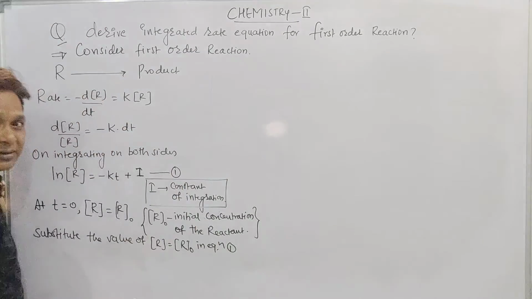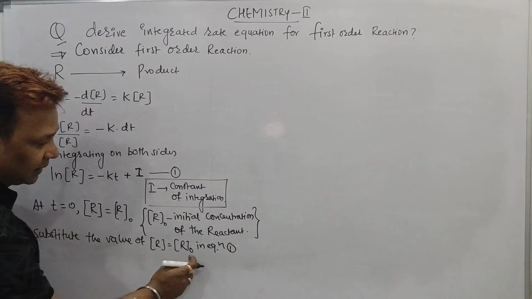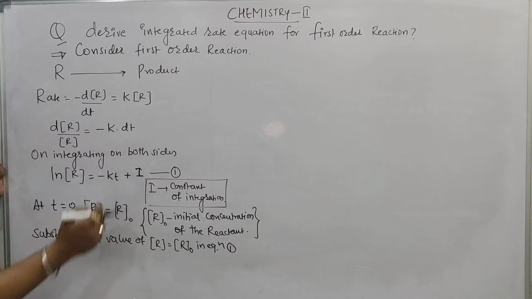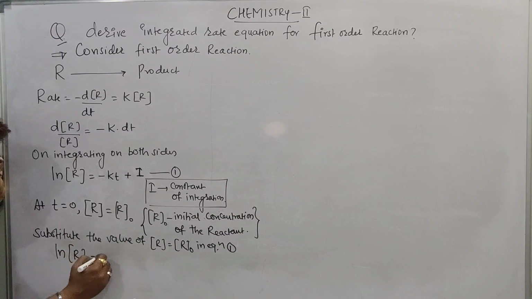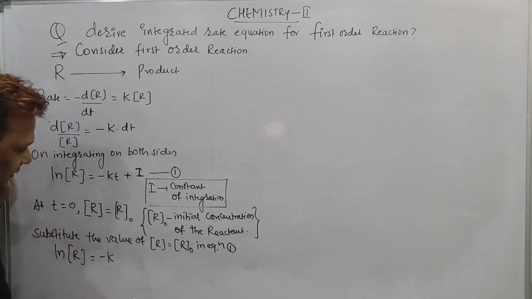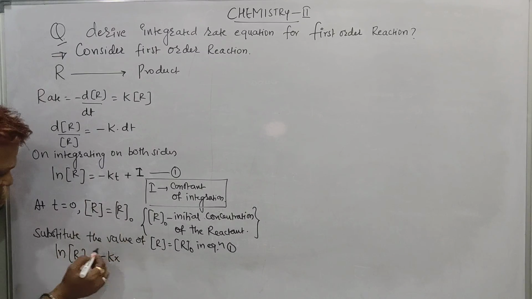See, this is equation 1. If you substitute, what can we get? Natural log to the base e of concentration of R equal to minus K into t plus I. In place of R, substitute R0: ln R0 equals minus K times the value of t equal to 0,